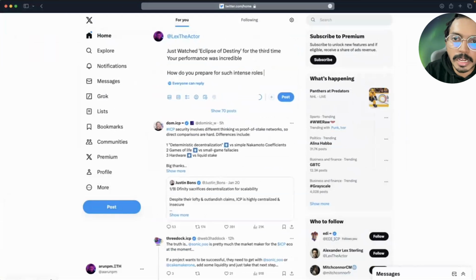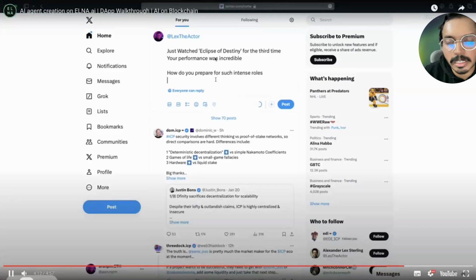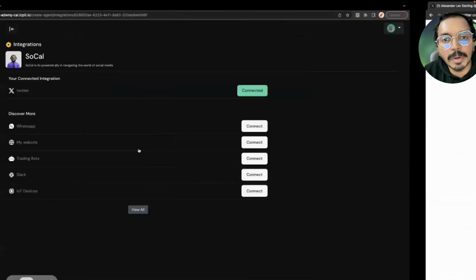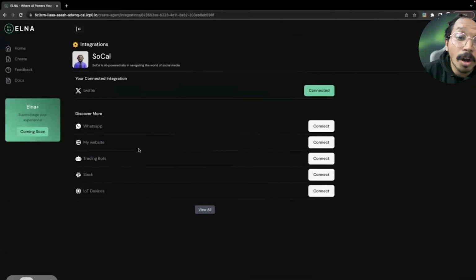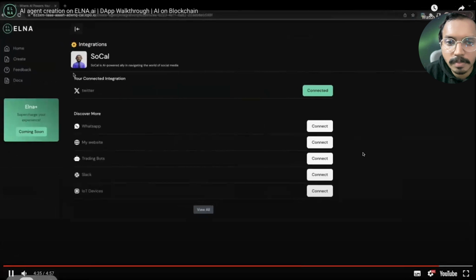Keep in mind, the knowledge base is given in the form of a document, and the instructions as a prompt. The uploaded document contains all the information on his approach to acting, how he prepares for roles, and other personal details of this particular person. Our AI agent automatically replies to this particular actor's activity. That overall tag will be used by our API to connect to X. This is an example of how an AI agent can work: the API sends the tag to the prompt engine for analysis, and in the prompt engine the knowledge base is used to generate the reply.